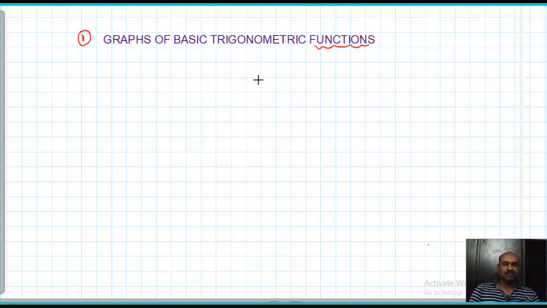For example, x is given. For this x, 1 is added. So the value of x plus 1 depends upon x only. If x is changing, the x plus 1 value will change. If x is 1, the value is 2. If x is 2, the value is 3. If x is 0, the value is 1. So this value of x plus 1 depends upon x. Just, the output is taken as another variable y.